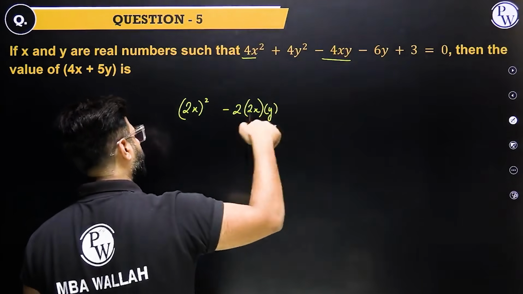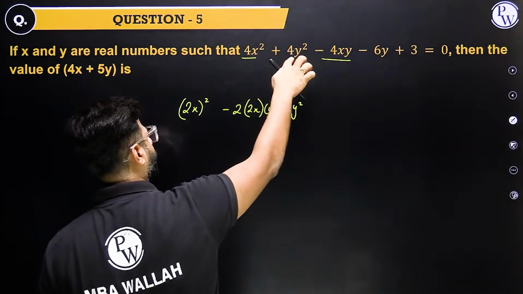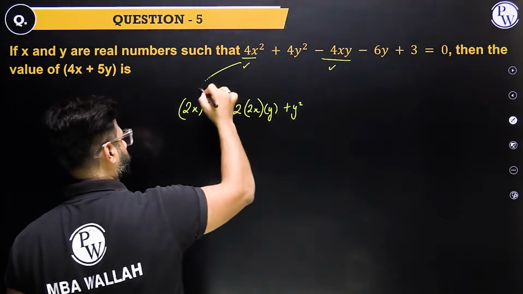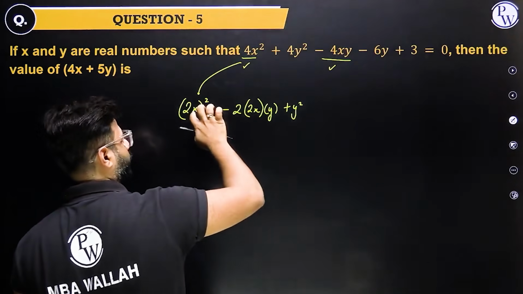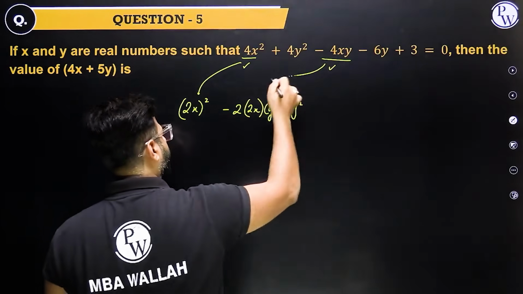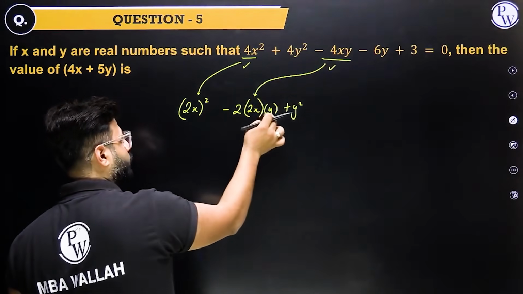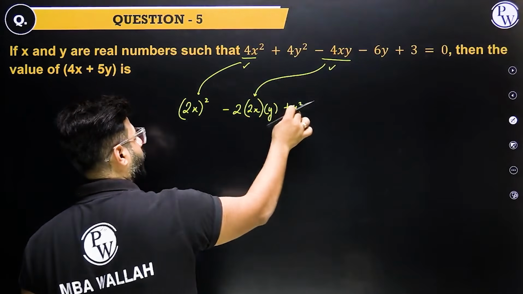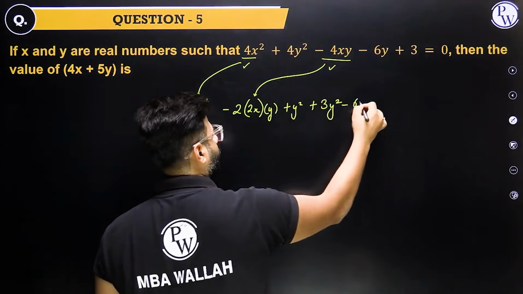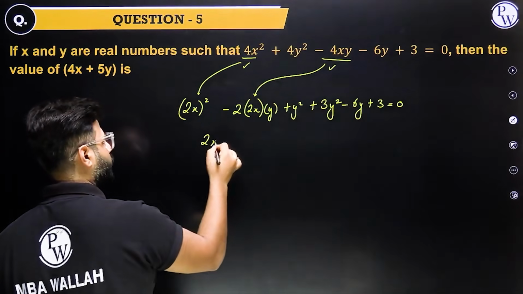Now what do you need? You need b square. That's a y square. That will take from here. 1y square taken away. So I handled these two guys. This is 2x whole square. A square is created. 2ab, I had 2, I had a, I need a b. And I know I have to create this as minus 4xy. I already have minus 4x, I need a y. So this is my b, so this is my b square. 3y square still remain. And then you're left with 6y and a 3. This entire thing becomes 2x minus y whole square.